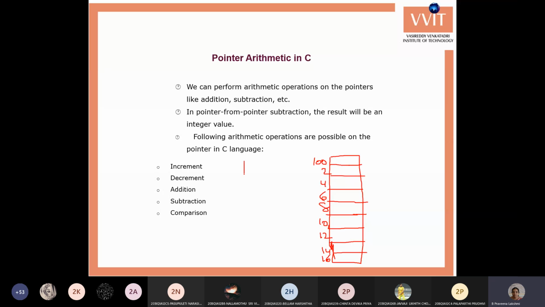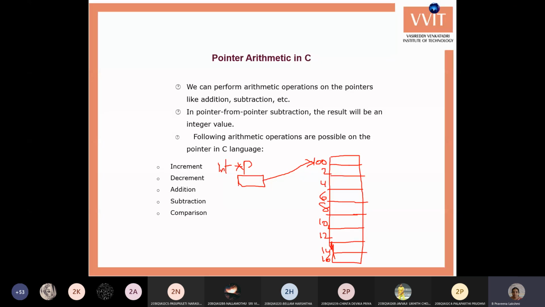Now I have a pointer variable p. Initially, it is pointing to location 100. This is an integer pointer, and it holds an integer address.